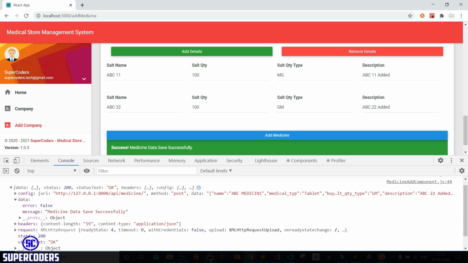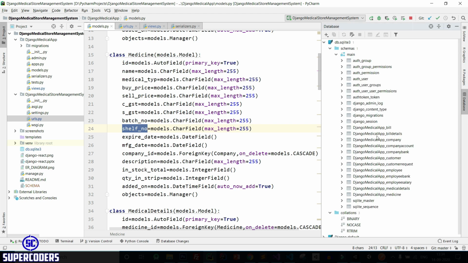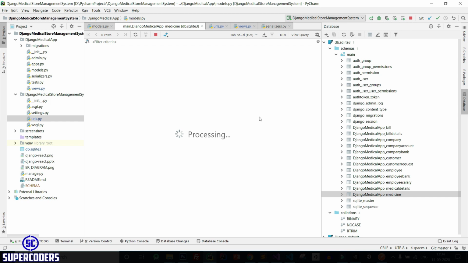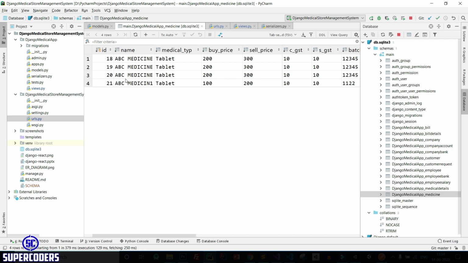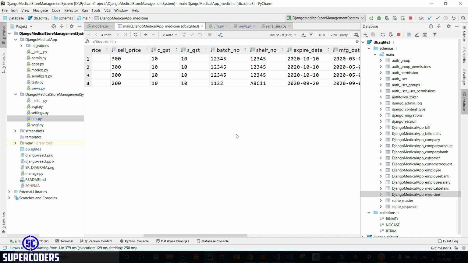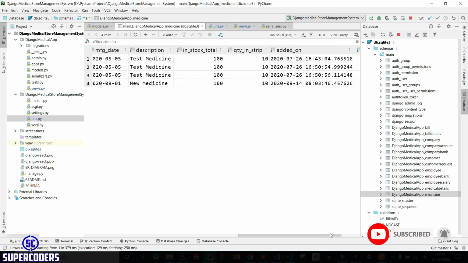If you click on PyCharm and open database, let's open medicine. You can see our medicine has been added, 1122, expire date, everything has been added.